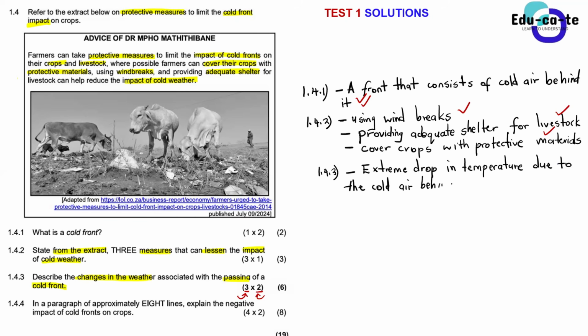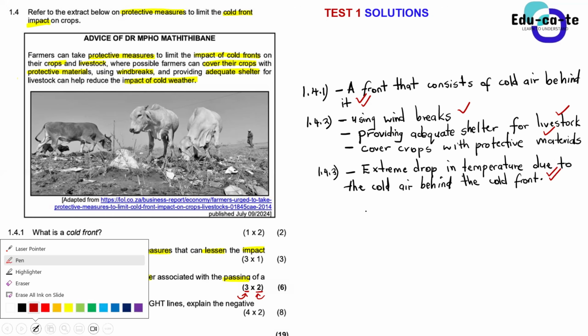That's why they ask you to define what a cold front is, so that you guys can get a sense from this cold air behind the cold front. When they give you a point and you have to answer for 2 marks each, you have to give a cause and an effect. Okay, give us the cause and give us the result from it. Let's hear Sam.